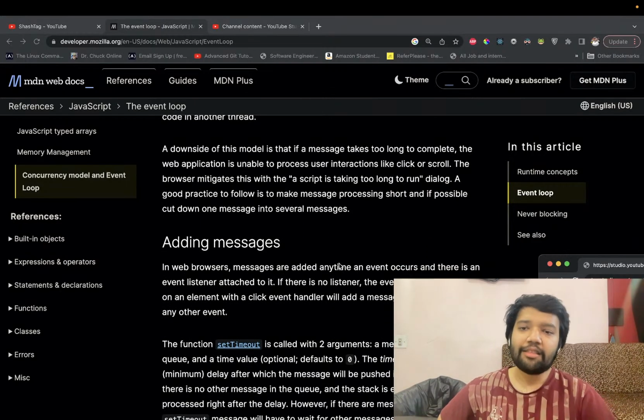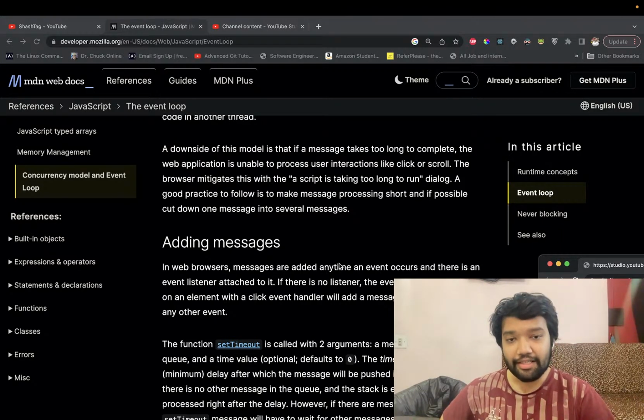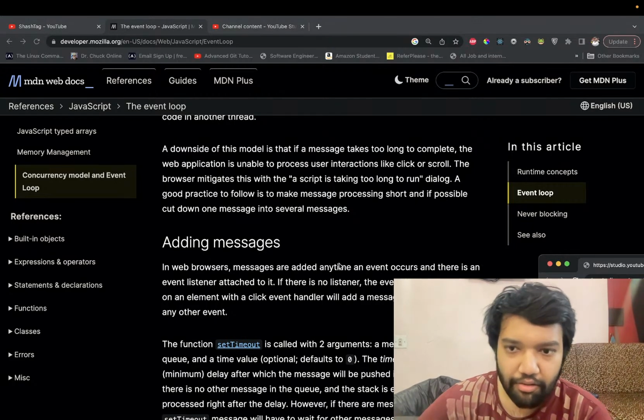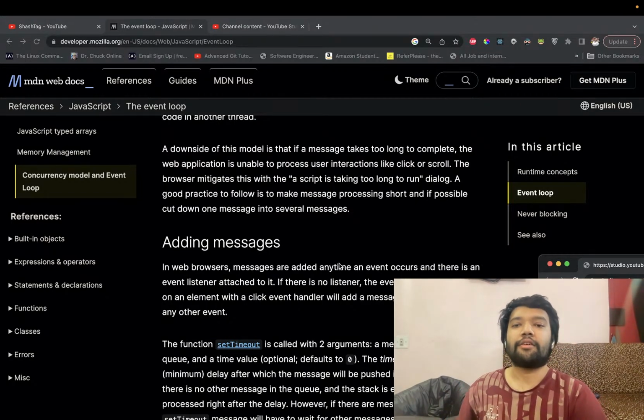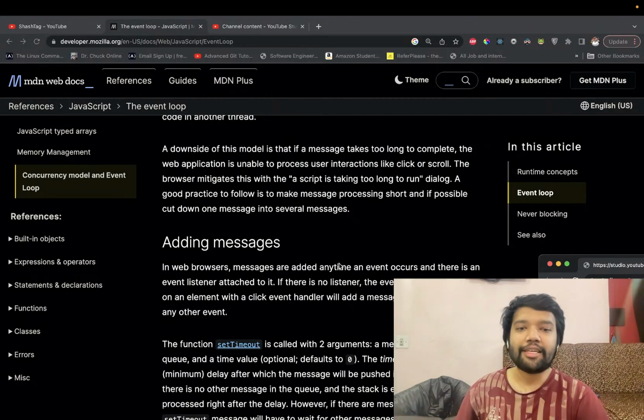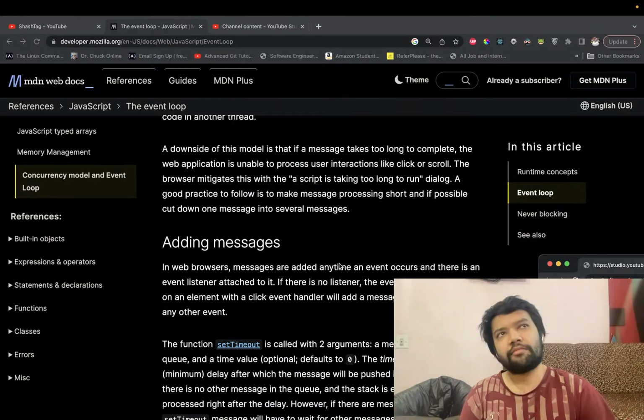The downside of this model is that if a message takes too long to complete, the web application is unable to process user interactions like scroll, and browsers mitigate with a script-taking-too-long dialogue. A good practice is to make message processing short and, if possible, cut one message down into several messages. A good example to show this would be to add a script file to your HTML code and run